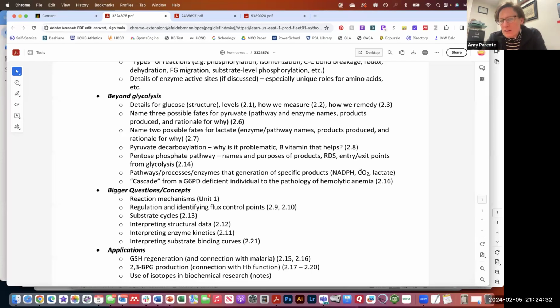We can generate carbon dioxide in alcoholic fermentation, but again, that's not a metabolic pathway that we see in humans. And then again, lactate. Lactate's one of those dead-end metabolites. And up here, we talked about what the fates for lactate are. And then the one cascade that we talked about, and I have cascade in quotes because it's not really a cascade, it's just a thought process in terms of why a person who's G6P deficient is more